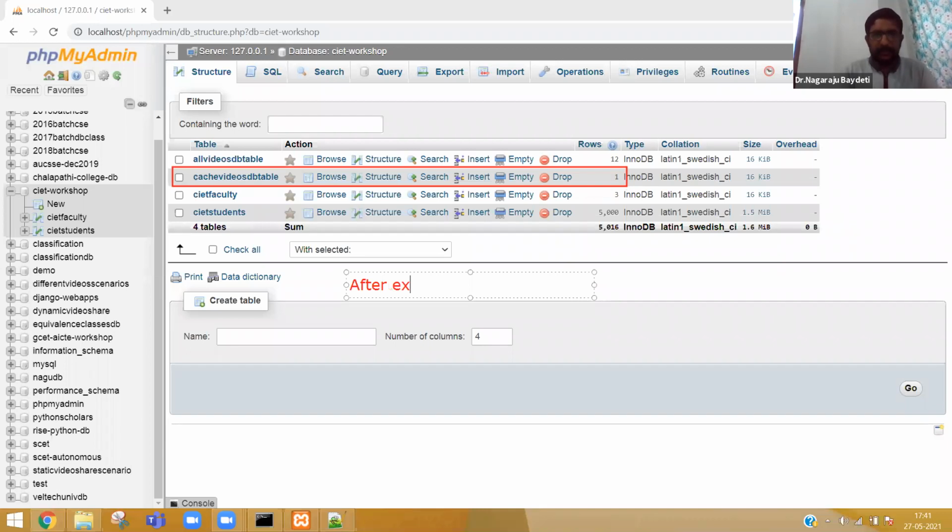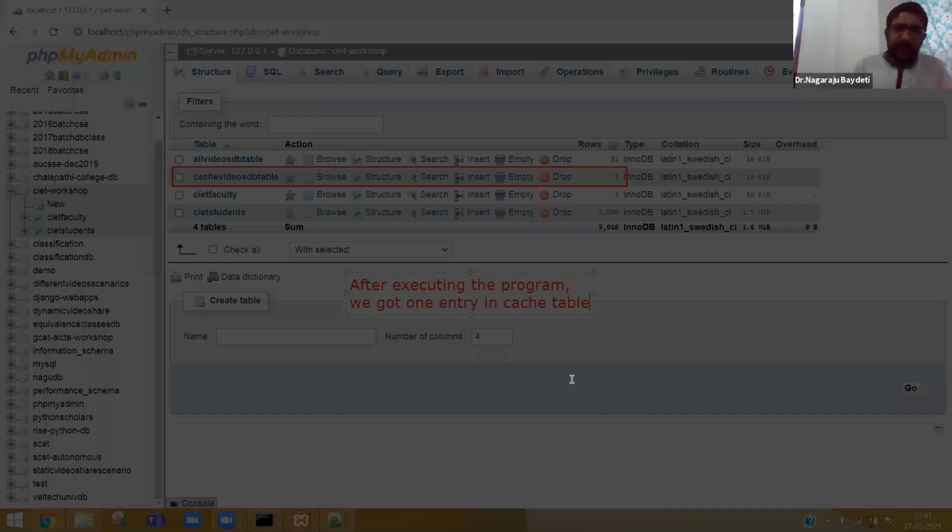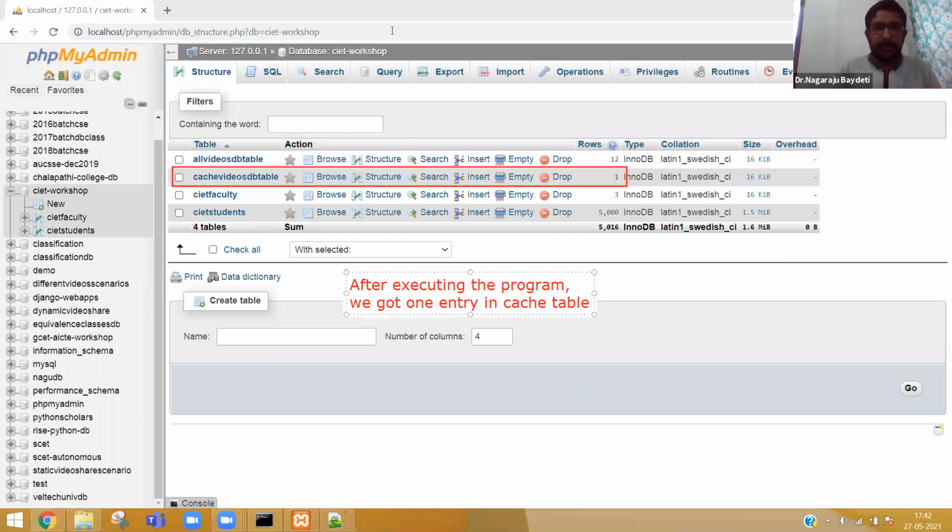After executing the program, we got one entry in the cache table. So I hope everybody understood. Now let me check the timestamp and the count.